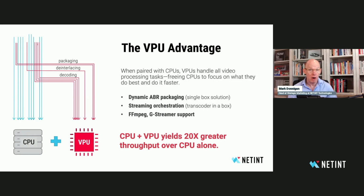It needs to go in a host server. So where do things like decoding of maybe some unusual formats? Our chip is very capable, but we don't support MPEG-2 decoding, for example. We do support VP9, we support HEVC, and we support H.264. So what do I do if I need to be able to bring in MPEG-2, and what if these are